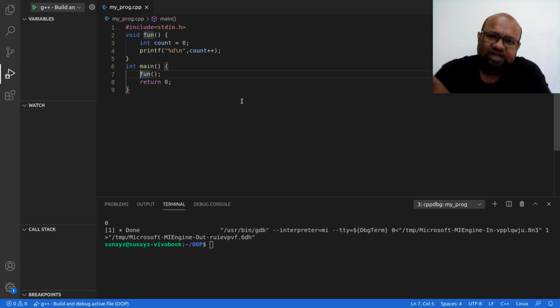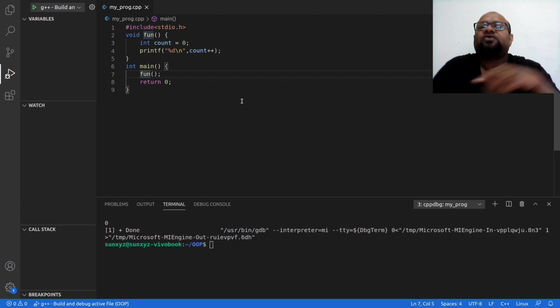Once we have finished fun function, once we return from this function, at that point the memory that was allocated for this variable count will be deallocated. So the memory allocated for the local variables of this fun function will be deallocated when I return from this fun function. This is what is happening behind the scenes. If you have any doubt regarding what is happening, then please go ahead and watch my video on memory management in C++. You will get a better understanding.